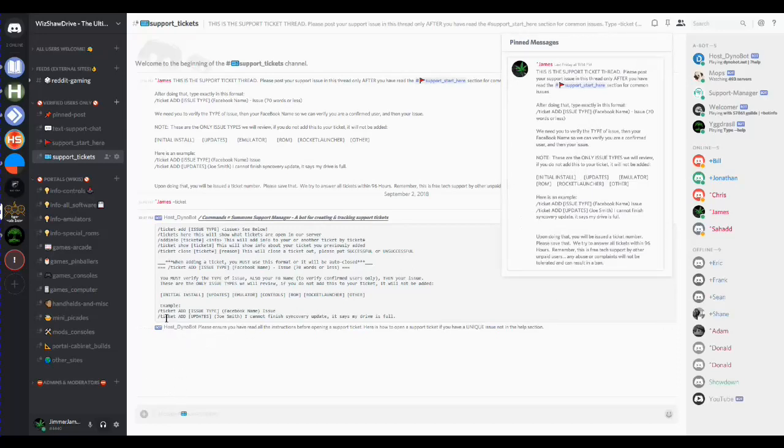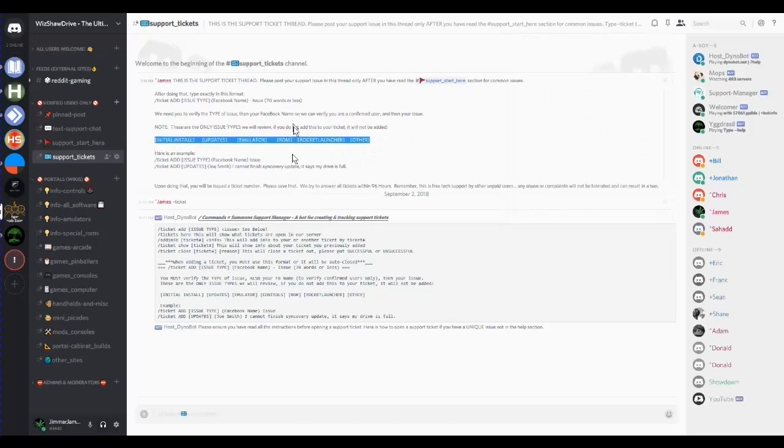So for example, if nobody can help you, there's nobody around on chat, you can't figure out by looking at the information in these areas, you can add a support ticket. So you can type in a ticket, add, and then there's 4 or 5 different things right here. This covers most of the issues. The initial installation of the drive, trying to update, an emulator issue, a specific game issue, a rocket launcher configuration issue, or something other, like controls or something else. So we only want these. If it doesn't have this in here, we can't categorize it. Just use other. But if you don't put anything, we're just going to close the ticket out. We need to follow instructions here so that we could find it again in the future.